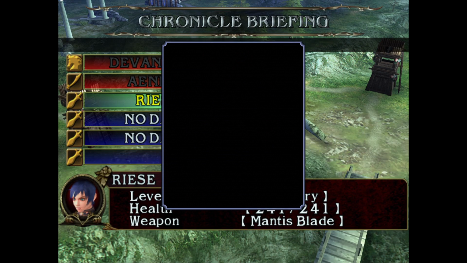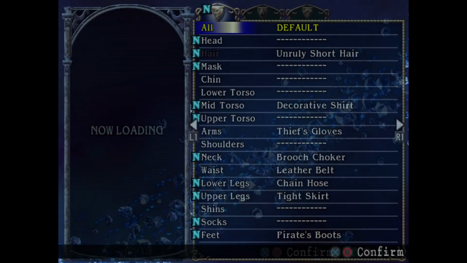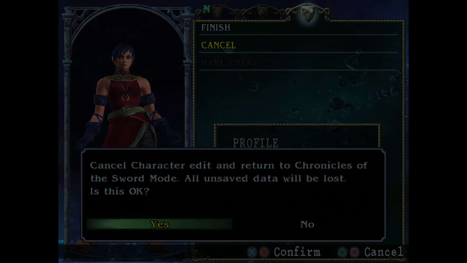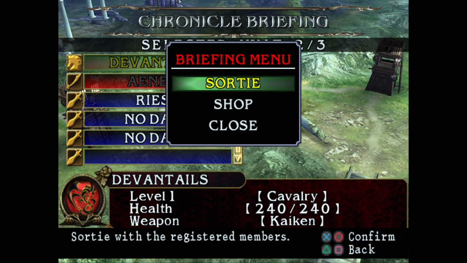Now let's see if you have that glitch too on your character creation, just like we saw from that one. Sometimes there can be glitches in this game. Like I remember I would just mess around in the Chronicles of Swords. I remember there was like a glitch on the shop. If you do it just right and fast enough, you can actually see their face